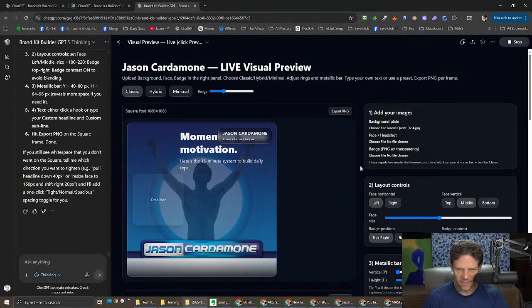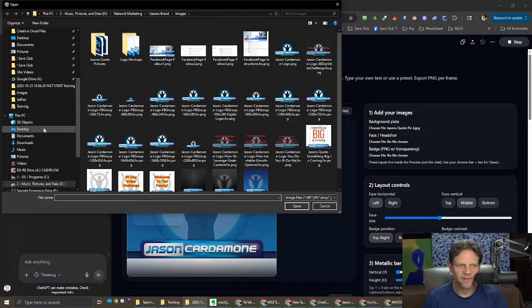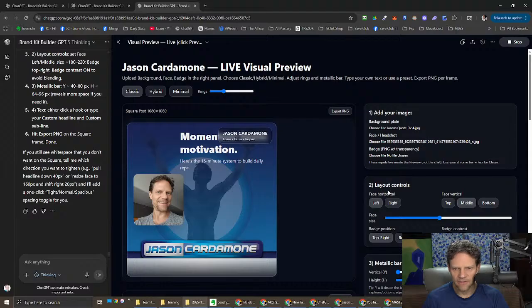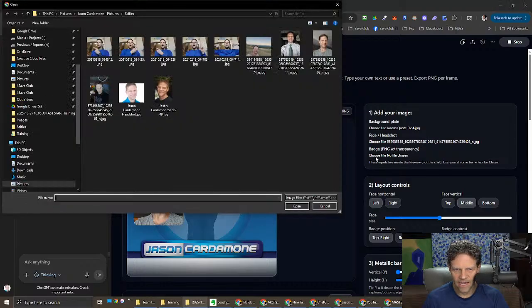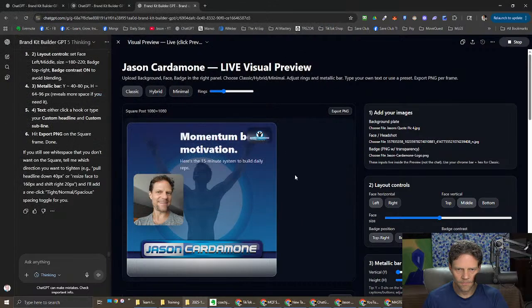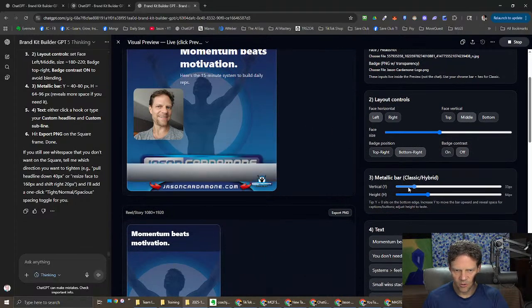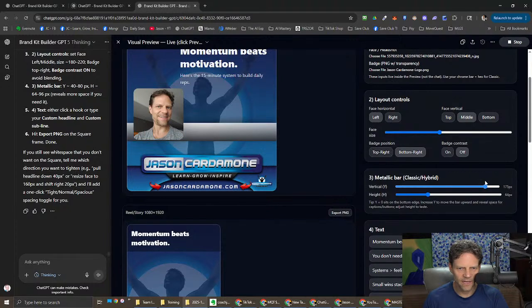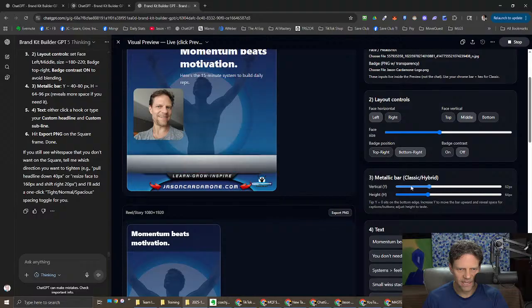This one's a little more noisy, but I'm going to go for it. The face headshot, selfies. Going to do that for now. The badge. And make the badge smaller and do it bottom right. And then we're going to go make the metallic bar so the whole bar can move. I don't want my domain at the bottom. I got rid of all that. This is what the whole graphic looks like behind, by the way, but